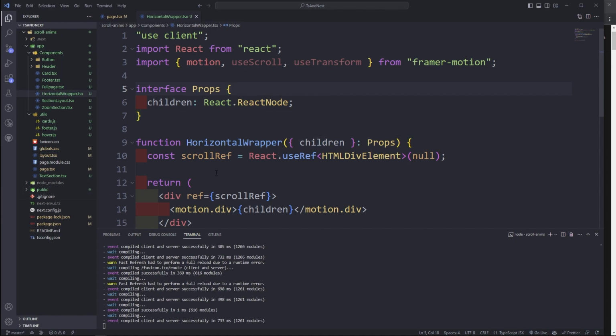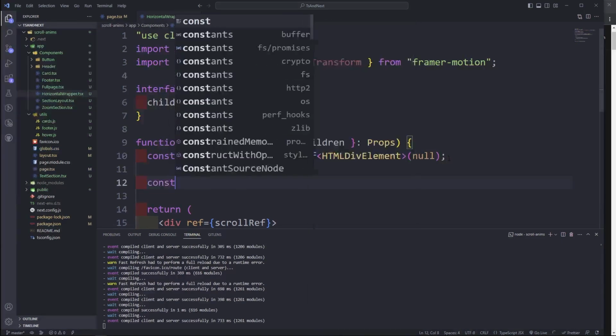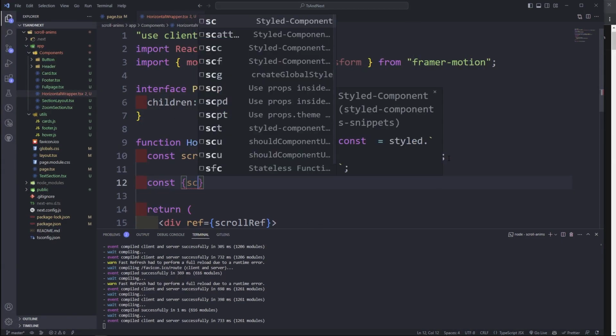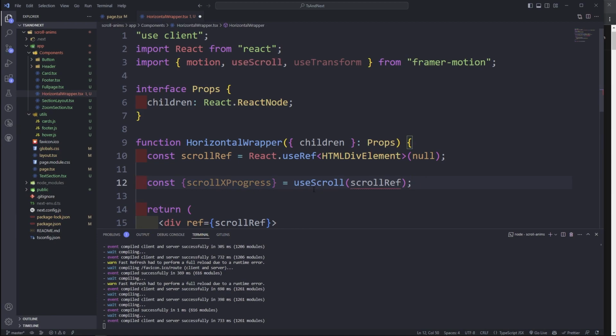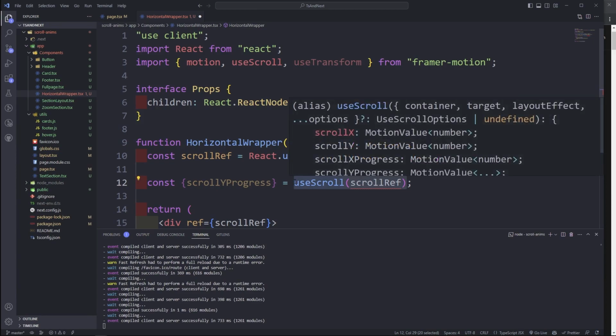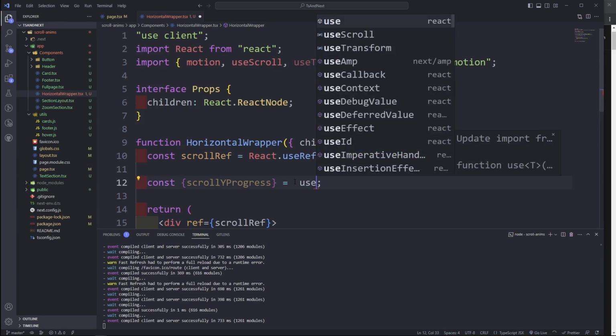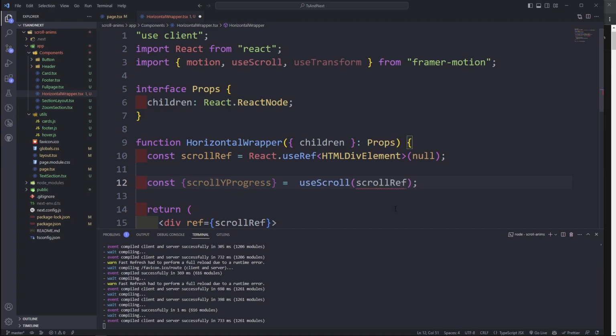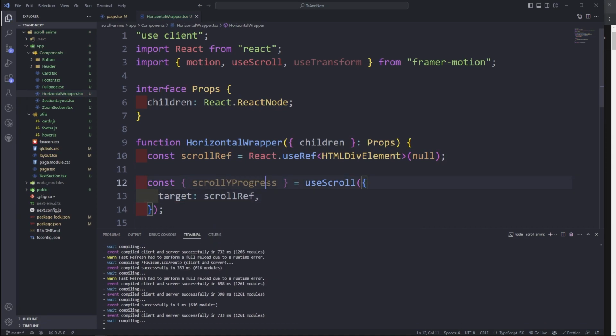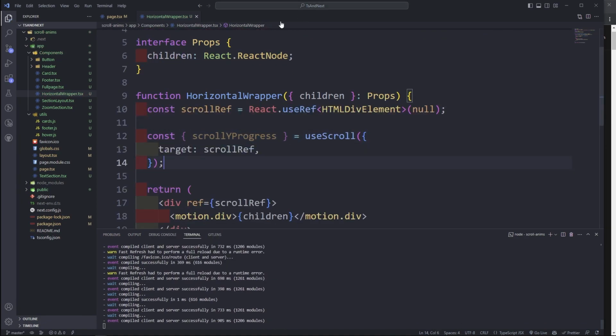Okay, so let's go down here. Let's do const. We're gonna get scrollYProgress. scrollYProgress is going to come from useScroll. But here it's going to take an object, and then the target, the ref should be our scrollRef, but this should be target. Okay, save. So scrollYProgress is like the horizontal progress based on the ref or whatever item that it's